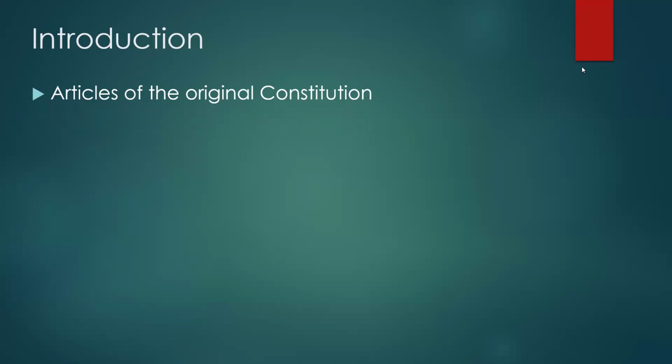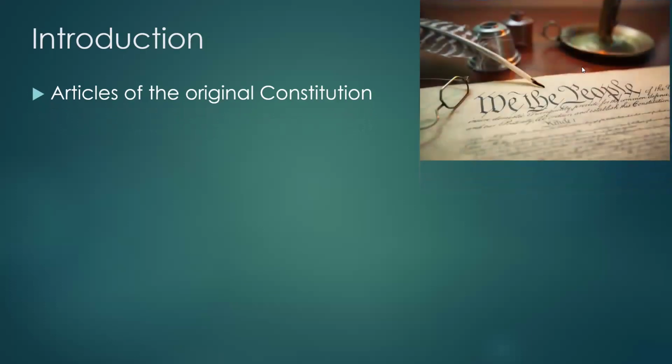Procedural due process refers to the rules that government must follow, things government must do before it can deprive a citizen or any person of life, liberty, or property. There are some procedural due process rules provided in the original Constitution, and we covered those in a prior module: the right of habeas corpus, protection against bills of attainder and ex post facto laws, the right to a jury trial, rules for evidence in treason cases. Those are all part of the original Constitution.